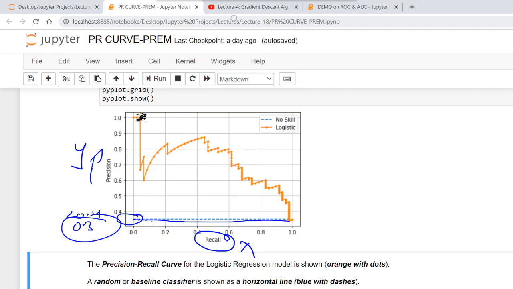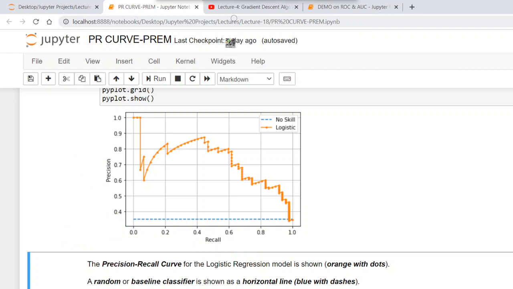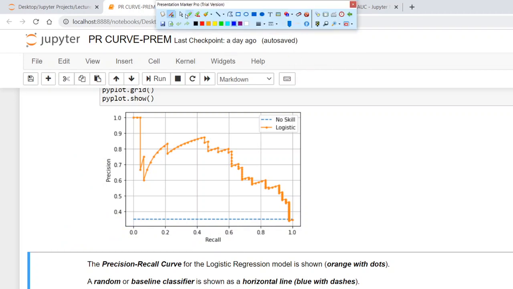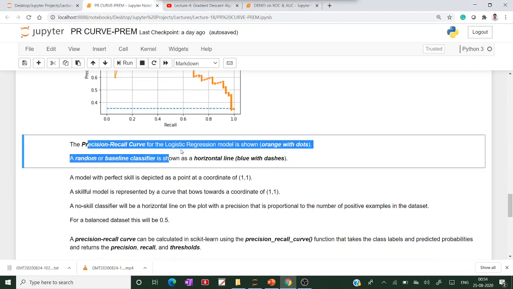So this is the curve given by the logistic regression model. The precision recall curve for the logistic regression model is shown in orange with dots.